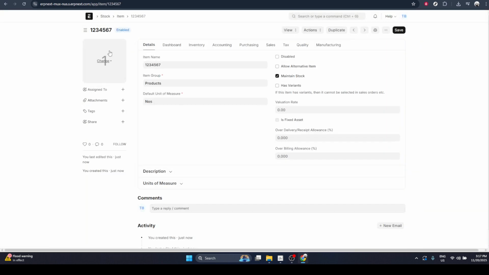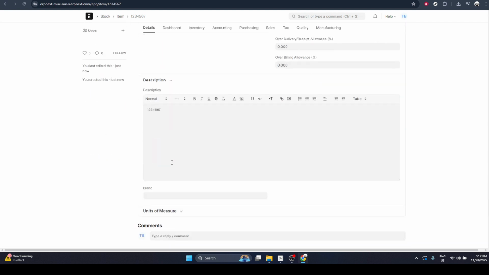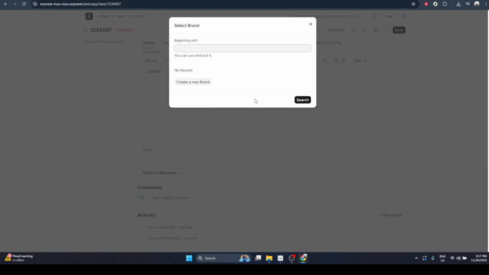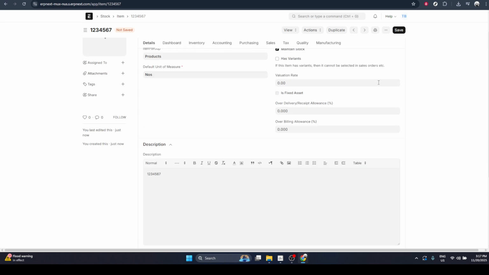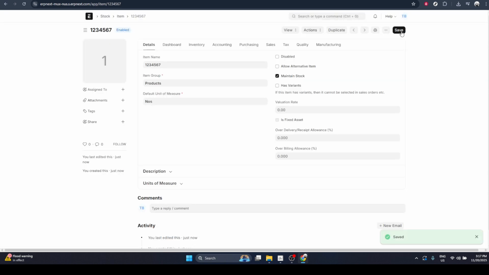Once the new item form opens, this is where you fill in all the necessary details. Start with the basic fields, such as the item name and, if required, an item code. Make sure the name is clear and easy to recognize, especially for other users who may search for it later. If there are fields for item group, unit of measure, or description, fill those out as accurately as possible. The more precise you are here, the easier it will be to use this item in transactions like quotations, sales